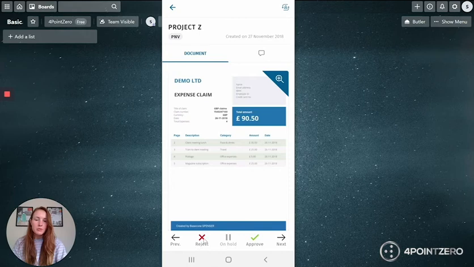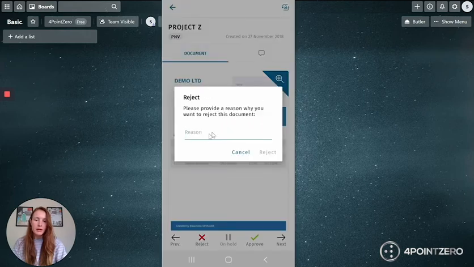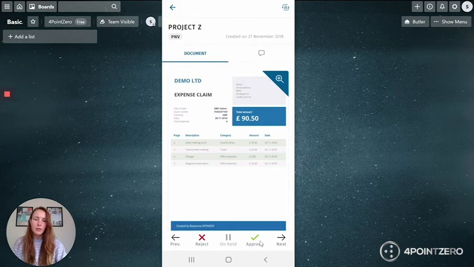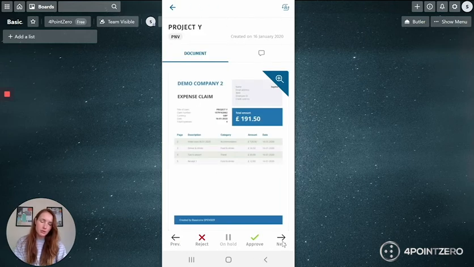If I want to reject it, I'll just click reject, but I have to leave a reason as to why I'm rejecting it, and that reason will be carried with that document when it goes back into the Basecone reject box, or I can approve it. If I'm not sure and I want to come back, I can just click next and it will take me to the next document that's in my to-do list. So if we go back,